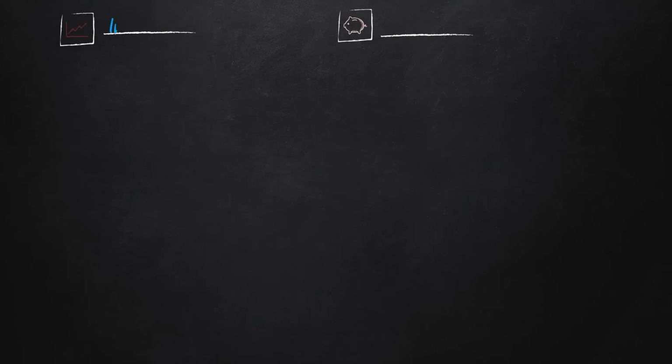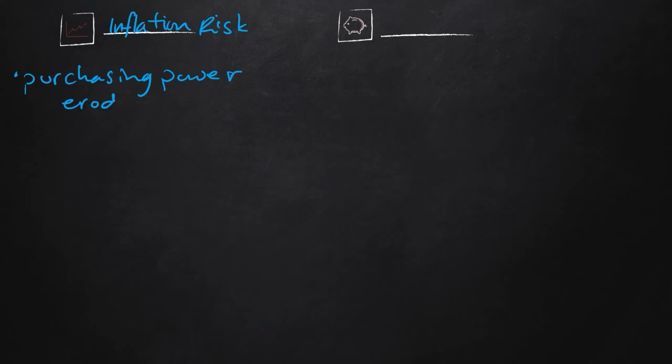So we're going to start off with inflation risk. And inflation risk is really the easiest one, probably one that you've heard of very often. It's all about purchasing power. So it's not about how much money you currently have, but rather how much you can buy with that money. You might have a lot of money, but what can you actually buy with it? As inflation increases, the cost of goods also increases, as well as services. And so it's important that your money is growing at a rate that is higher than inflation.